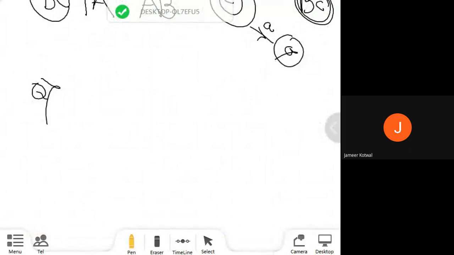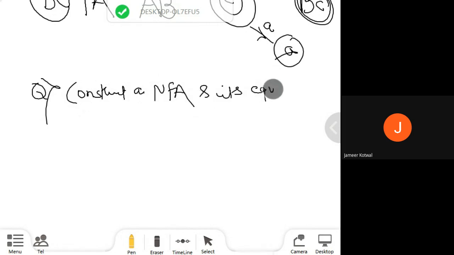For the question, you may have a transition table, transition diagram, or a language also. Fine. So here with the help of a language, first you are going to draw an NFA and then convert the NFA to the DFA. So this will be a task for you. Construct an NFA and its equivalent DFA for accepting